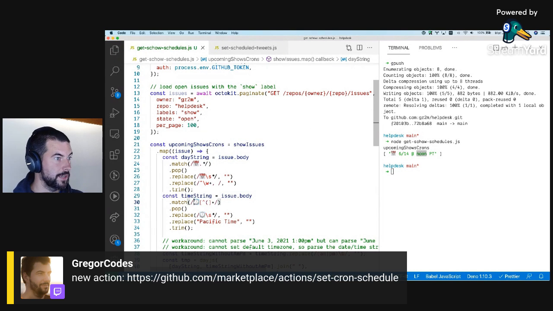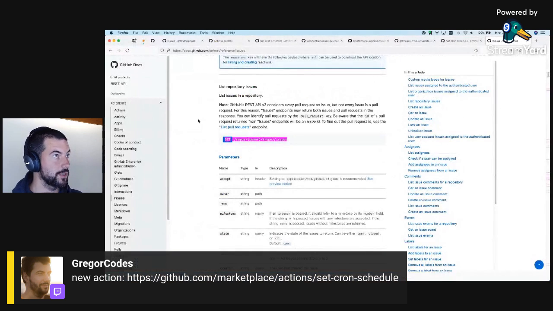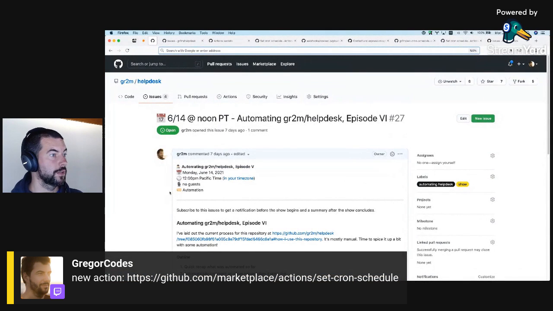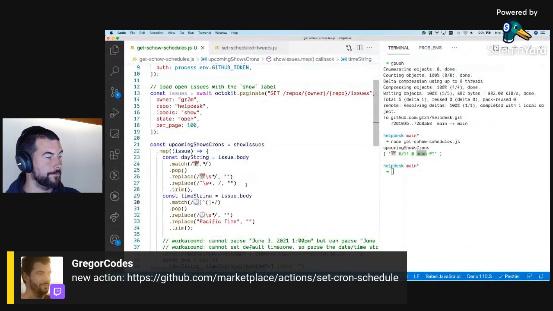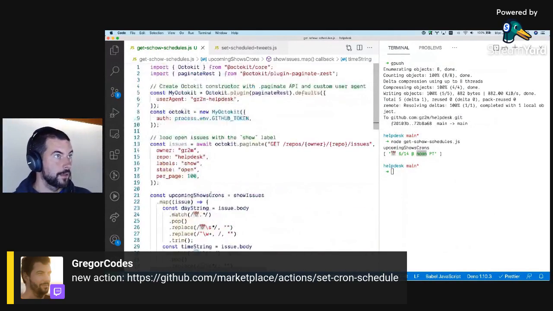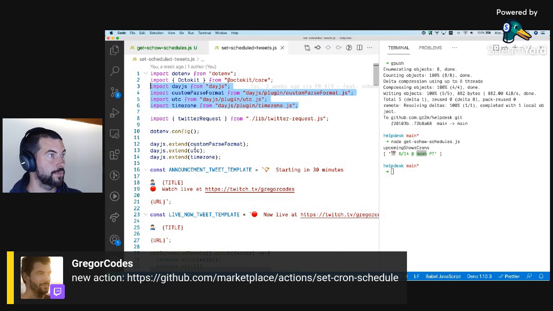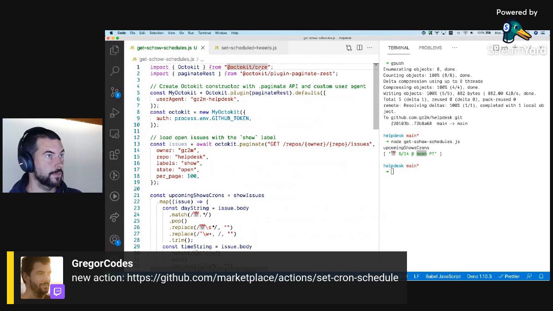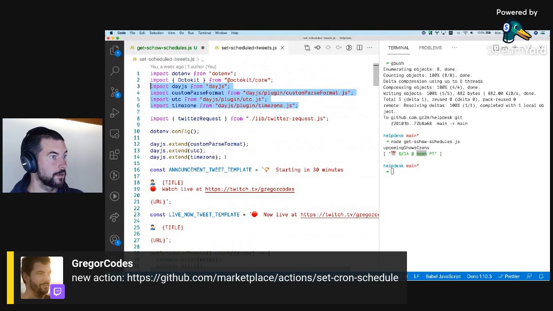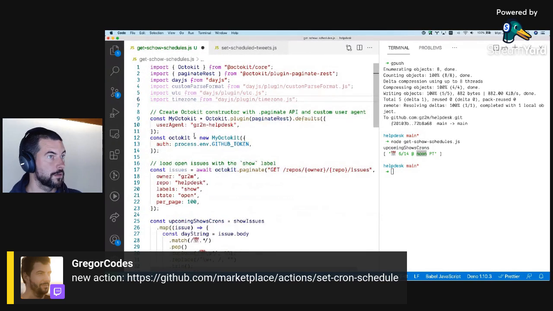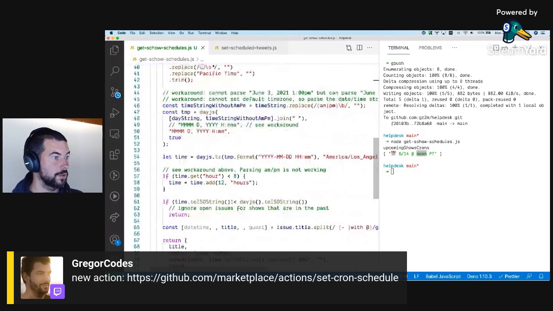We look for the calendar and the clock emoji to read out the actual date string and time string. And then I think I need day.js and all kinds of plugins. So let's add them here. Like that.